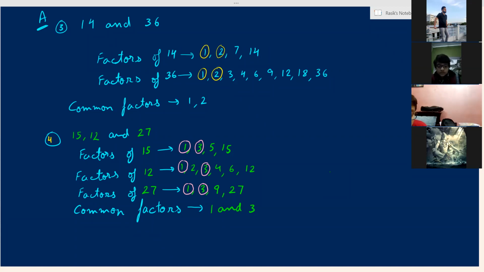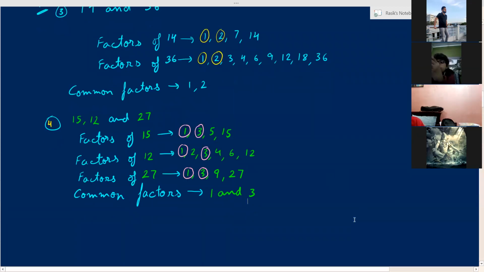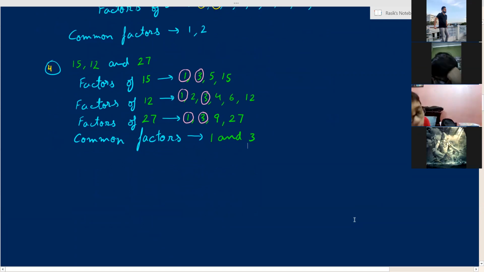Yes, 1 is always the common factor of all the numbers. तो सबका common factor होता ही है, it is must. So I think you all have done question 5, let's discuss the answer of this.